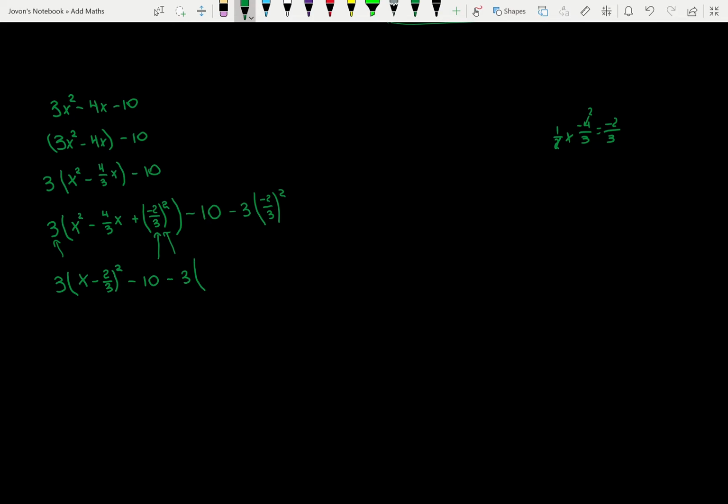If we square something, the minus sign disappears, okay? Because a minus multiplied by a minus is a plus, okay? So it becomes 4 over 9. So this becomes 3 multiplied by x minus 2 over 3 all squared, okay? And that last part works out to be minus 34 over 3,